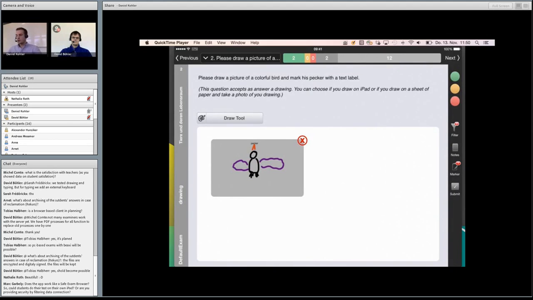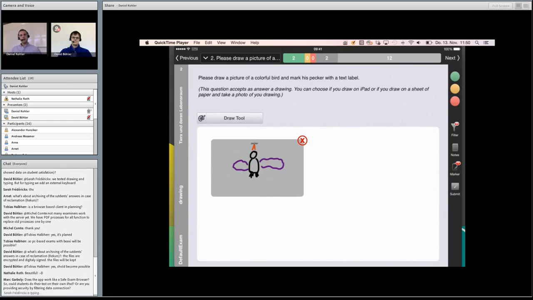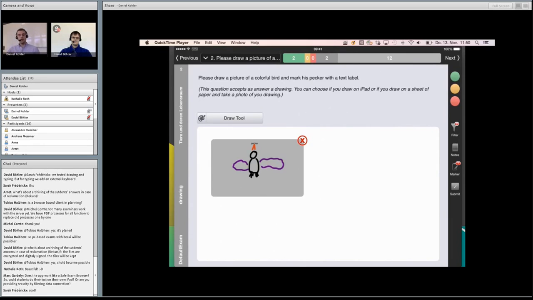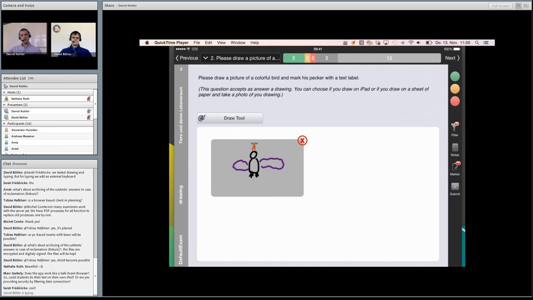Of course, with these questions, you cannot have automatic evaluation of the question. We don't have as much technology to do that. But what you can do, you can actually export a PDF file out of BeAXi Manager, which shows you all the drawings for the students, and then you can go through the drawings, and parallelly in the BeAXi Manager you can give the according points you want to give for that answer. That's what you can do.